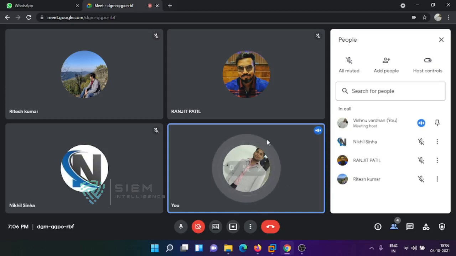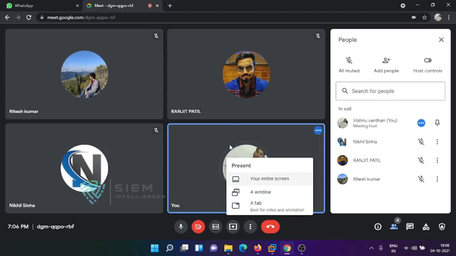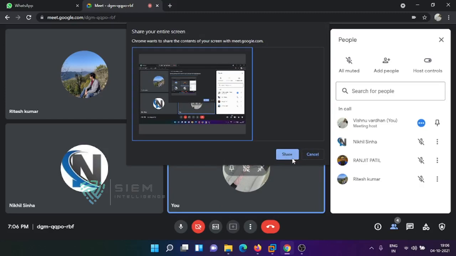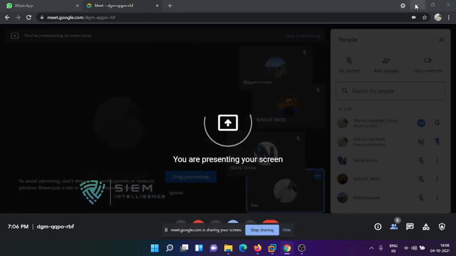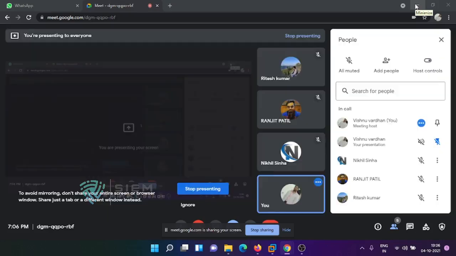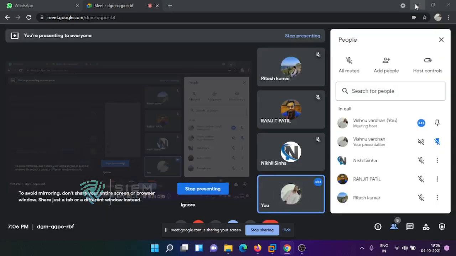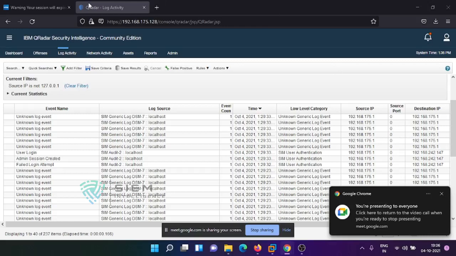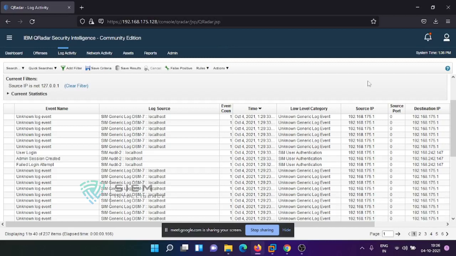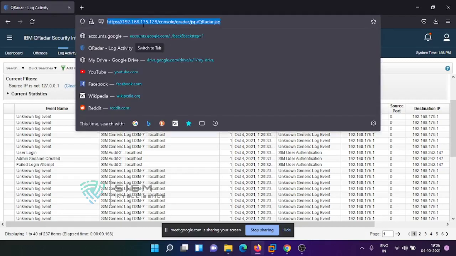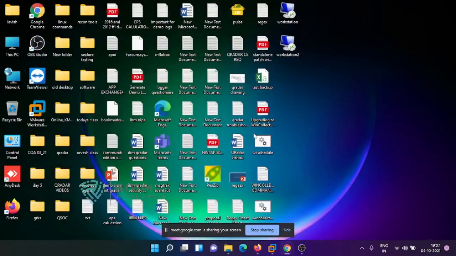Okay, so I'll share the screen. I think my screen is visible. Okay, guys, I have changed my core operating system to Windows 11. That's why some of the things have changed. Our IP has now changed. Earlier it used to be 154.142, and now it is 175.128. As I have changed over to Windows 11, I reinstalled my VMware and all, so that's the reason.